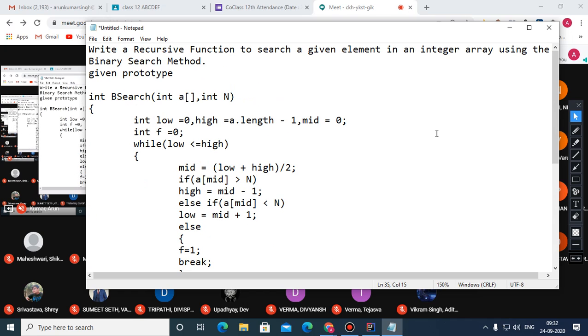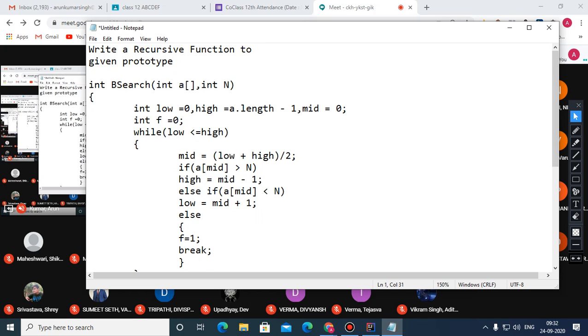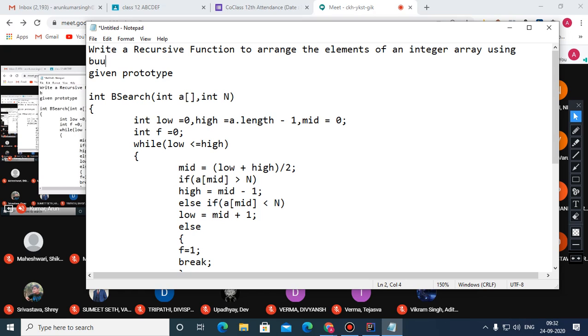Okay, now one more question I'm just giving you, that is of bubble sorting. So write a recursive function to arrange the elements of an integer array using the bubble sorting method.